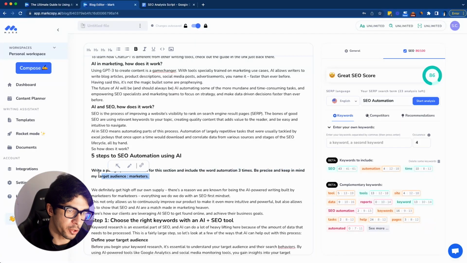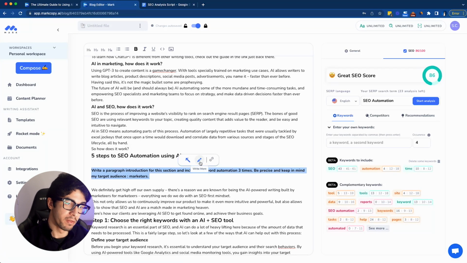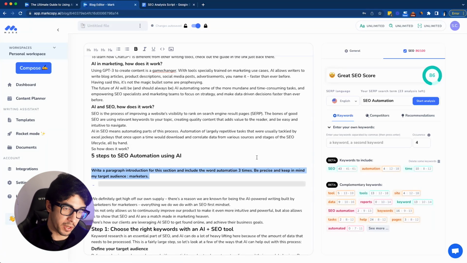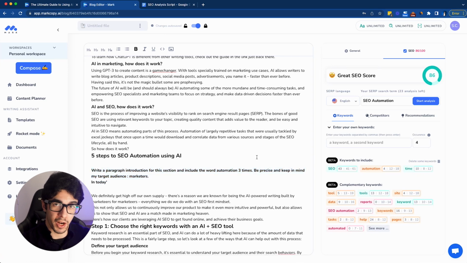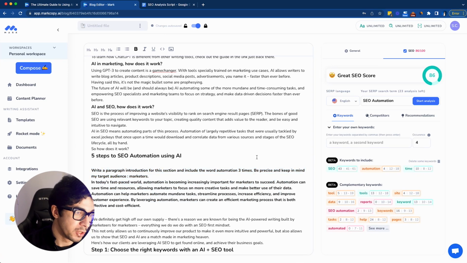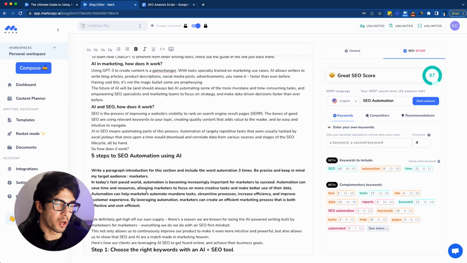I take this instruction and I'm going to click on the Write More button here. The AI takes into account this instruction and is going to write my paragraph. In today's fast-paced world, automation is becoming increasingly important for marketers to succeed. Automation can save time and resources, allowing marketers to focus on more creative tasks and make better use of their